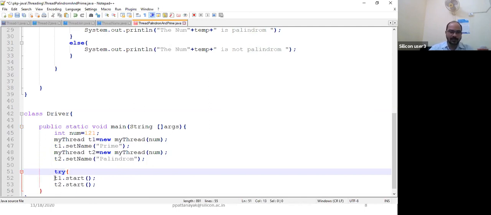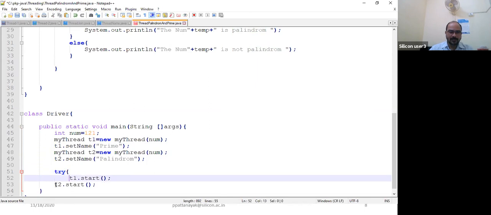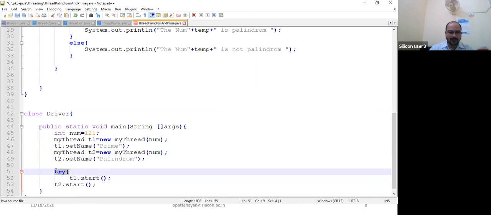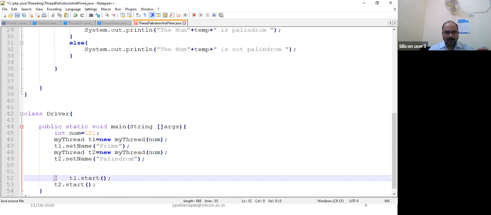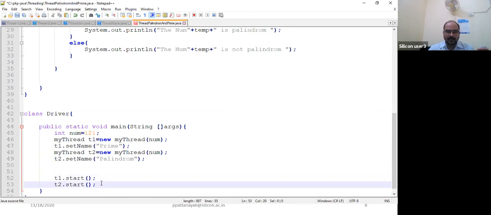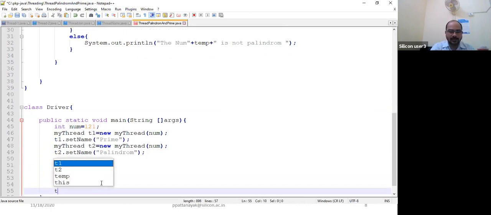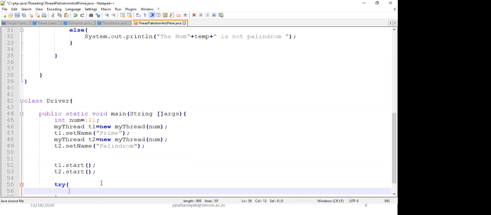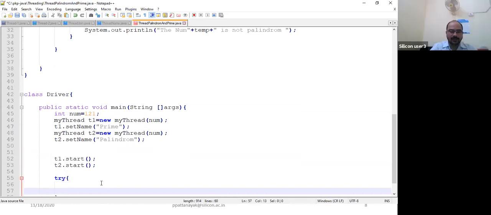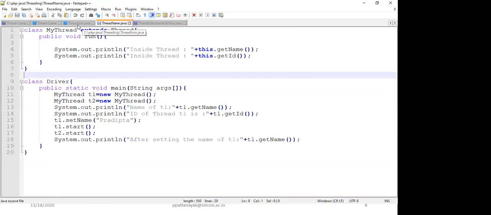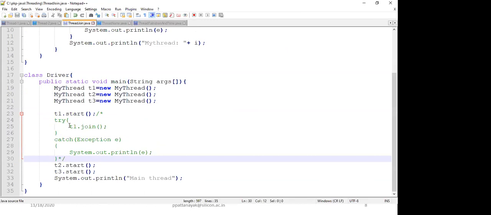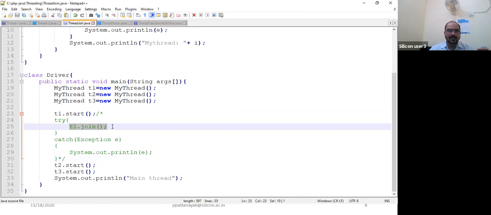Main thread has to wait for T1 and T2. What do I have to write here? Yes, the main thread has to join. Very good. Join with what? See here how it joined: main is joining with T1 means T1.join.